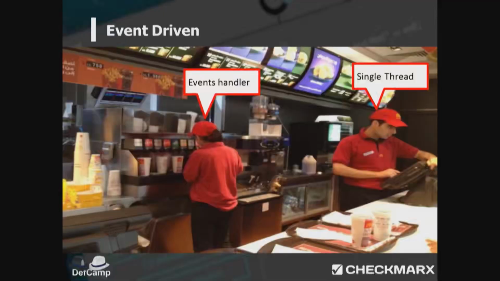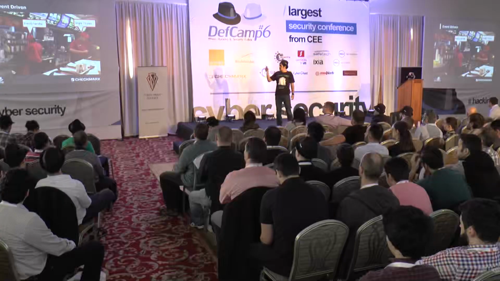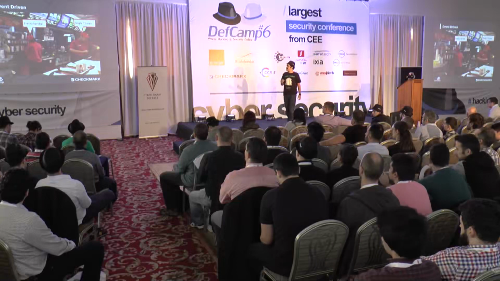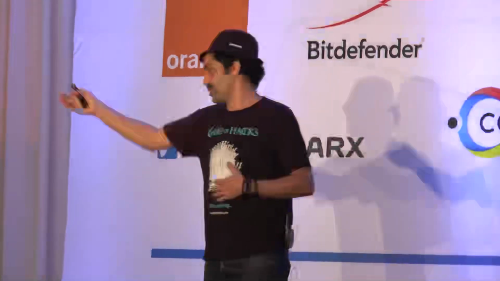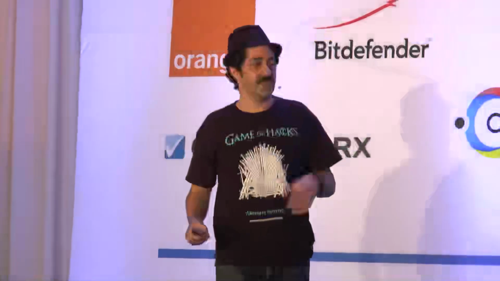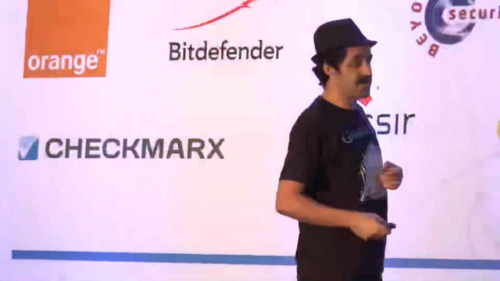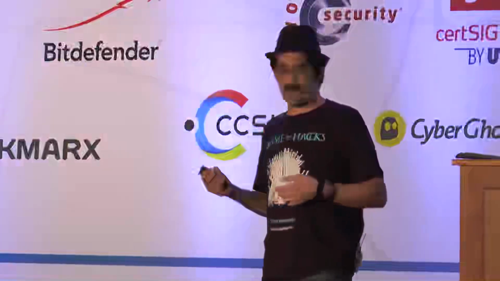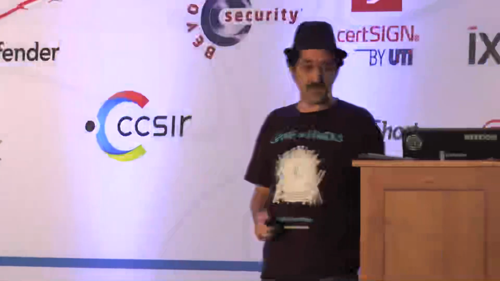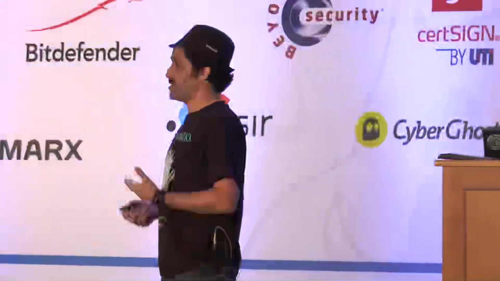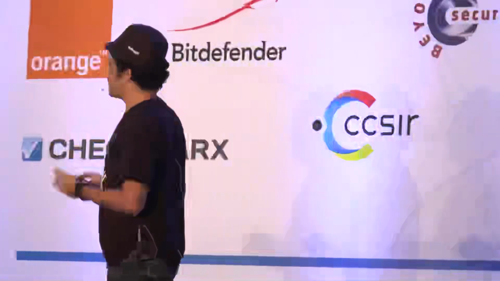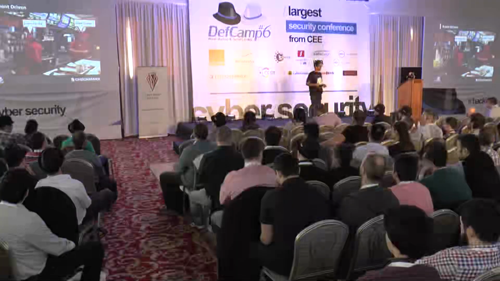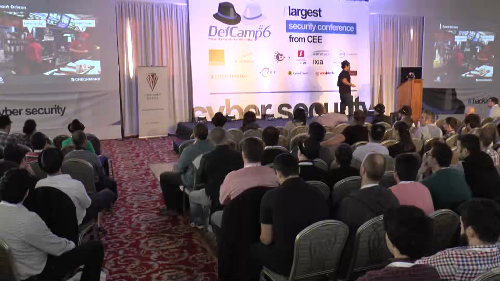So you have a fast food restaurant. You have the single thread, which is the event loop itself. And then you have the event handlers, which are the people who are getting the tasks: bring me Coke, bring me a hamburger, bring me fries, anything like that. And the guy at the cashier, who is constantly getting requests from the line, what we call the event queue, is always free to take more tasks. However, if you give him something difficult, all of the people in the line probably won't get their food.